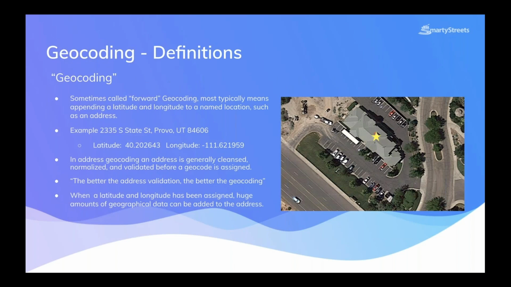And in address geocoding, the address is typically cleansed and normalized and validated. And everything else being equal, the better the quality of the address validation, the better the geocoding. And that has been true since geocoding started. You've really got to clean the addresses, and that's why the marriage of geocoding with SmartyStreets is so powerful. SmartyStreets is a top-notch address cleansing and validation engine, and combine that with good geographic data, and you really have